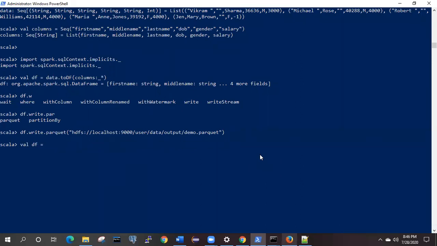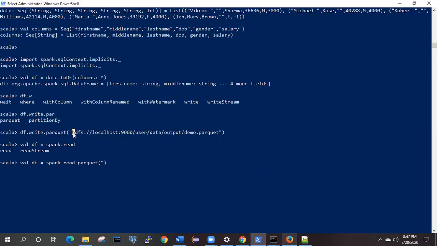And we need to verify now. How are we going to verify the data which we have just written into the Parquet format? We specify spark.read.parquet and the location where that data is present.